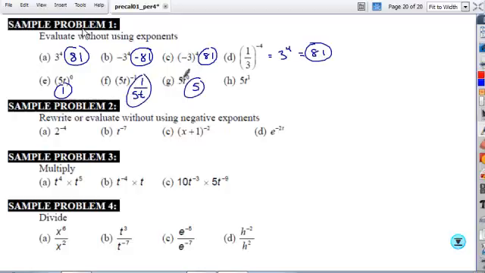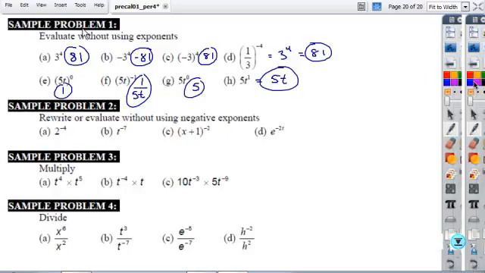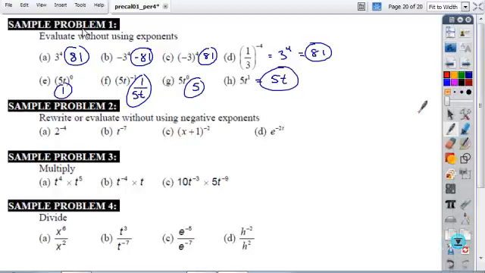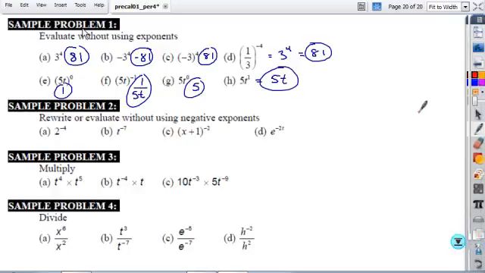And then finally 5t to the first, all I wanted you to make sure of in this is don't write powers of 1 or 0, actually simplify it out. And so a power of 1 is just the base written by itself. You don't need to have a power to represent that. Right, when we look at the second example here, in the second example you want to rewrite those without using